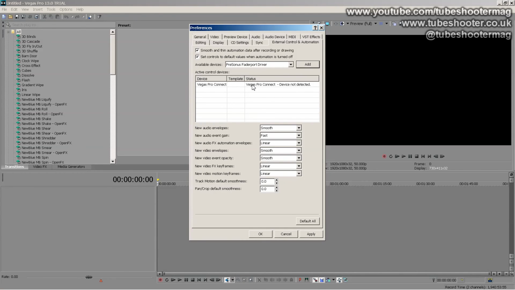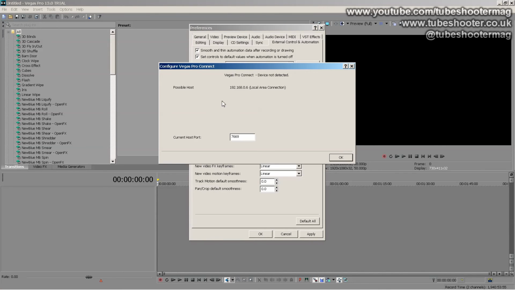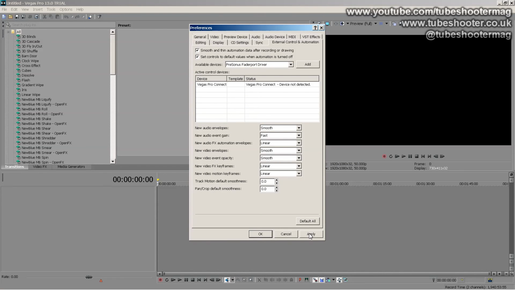Now right-click on it and select Configure. There isn't actually any configuration to do really, but you do need to note down the two things it's telling you here. One is the IP address of the computer you're using Vegas on, and Vegas tries to work it out for itself and may give you a list of possibilities, so you need to know which one it is. If there's just one, write that one down. Below is a port number, which Vegas fills in with a default value. You may need this number to configure your firewall, but for the moment just write it down. Now with both of those numbers taken note of, click OK, apply the change, and OK that,